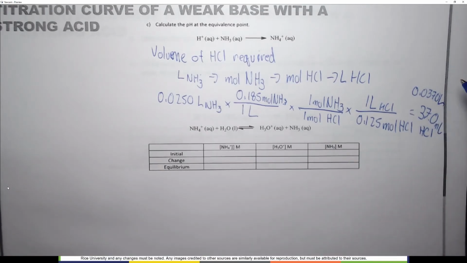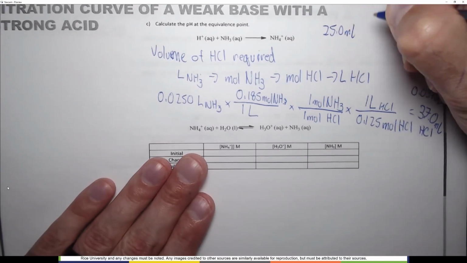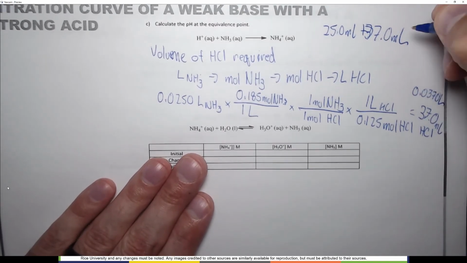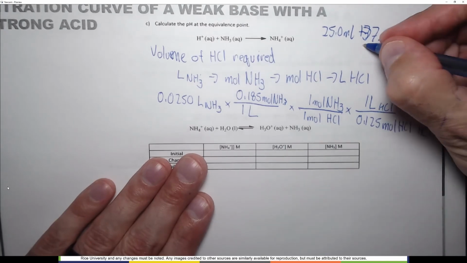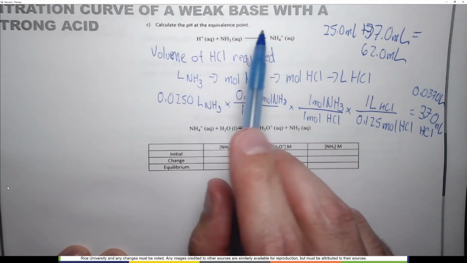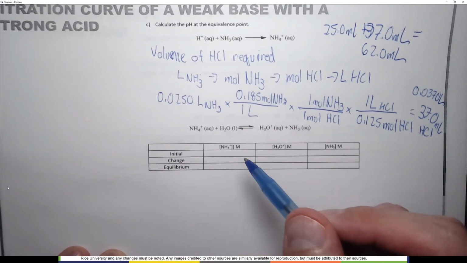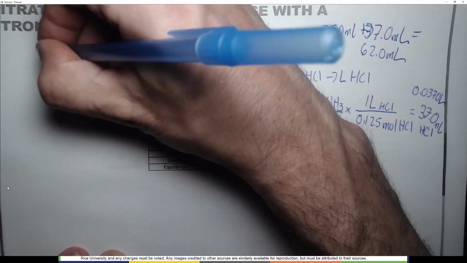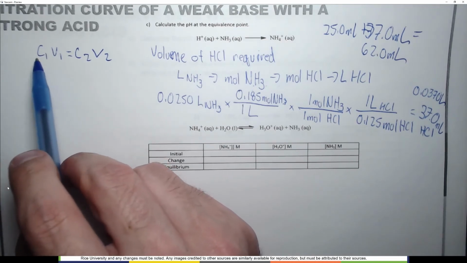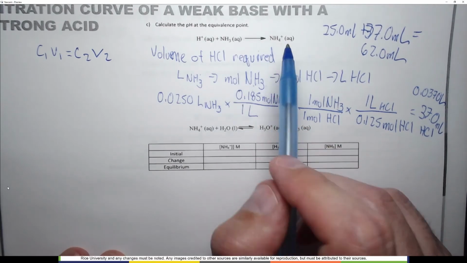We now know the volume of the solution. We know that we started with 25 milliliters to begin with, and now we added 37 milliliters to that. Said another way, we have a total volume of 62.0 milliliters. We also know that all of the NH3 has become NH4 plus. So we can essentially use another dilution equation in order to figure that out, which is C1 V1 equals C2 V2. In this case, C1 is the initial concentration of NH3, because that's also going to be all converted into NH4 plus, which is